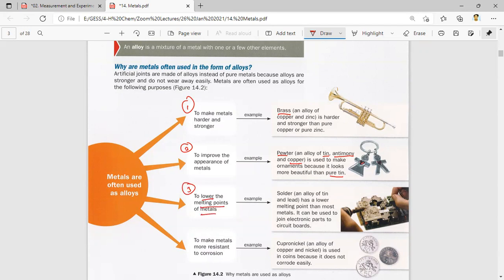Now, by lowering the melting point, it means that I need to use less heat to cause it to melt, to change its shape, so that I'm able to do things with it. One very key example is solder. Solder is an alloy of tin and lead. Being able to lower the melting point allows it to be used to join electronic parts